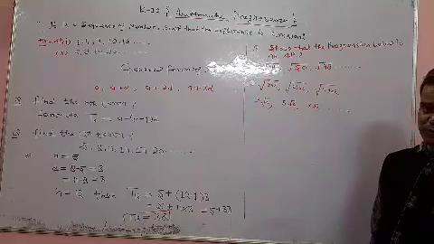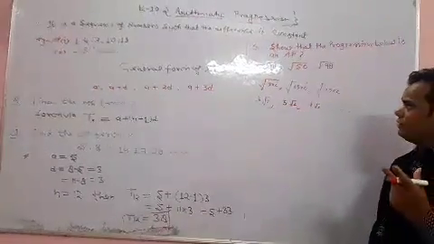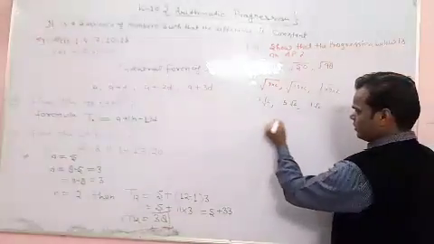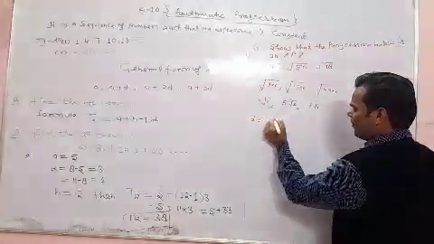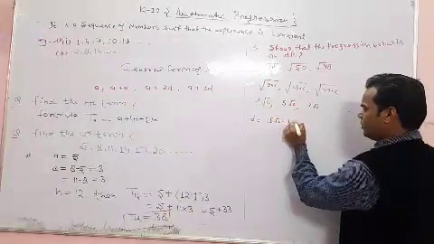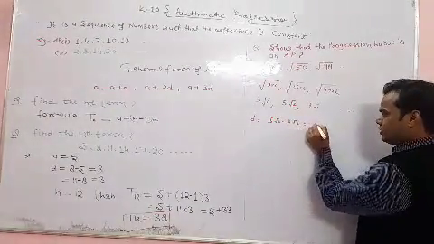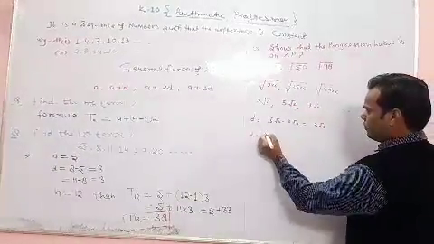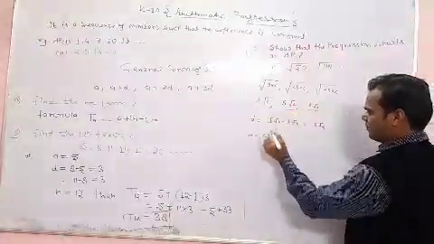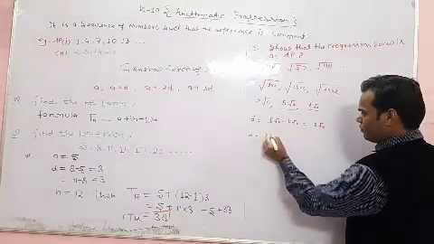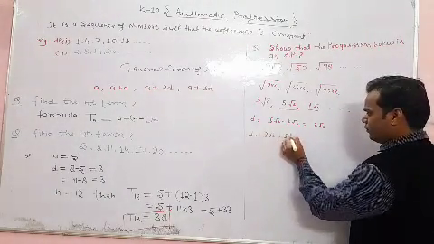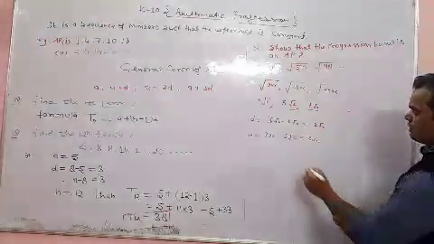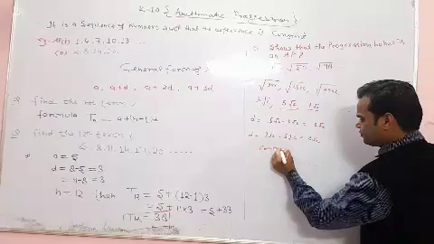If the difference between two terms is the same or constant, this series is an AP. So first the common difference D equals 5 root 2 minus 3 root 2. So this number is 2 root 2. And second, the common difference between two numbers, D equals the next, 7 root 2 minus 5 root 2, equals 2 root 2. So here the common difference between two numbers